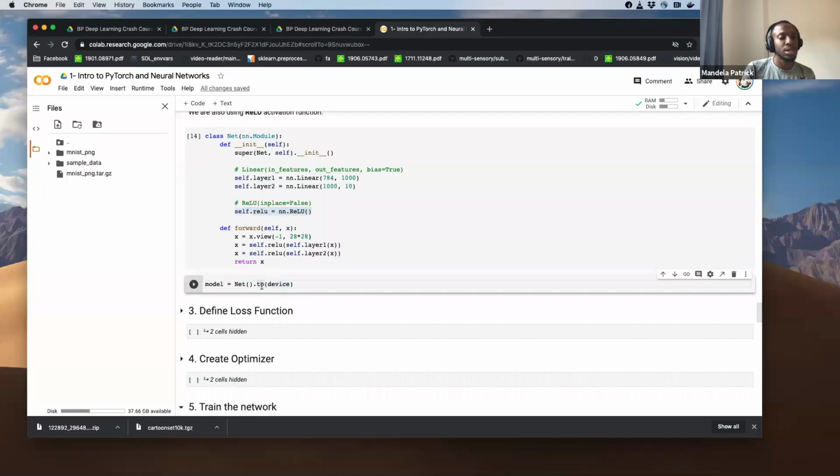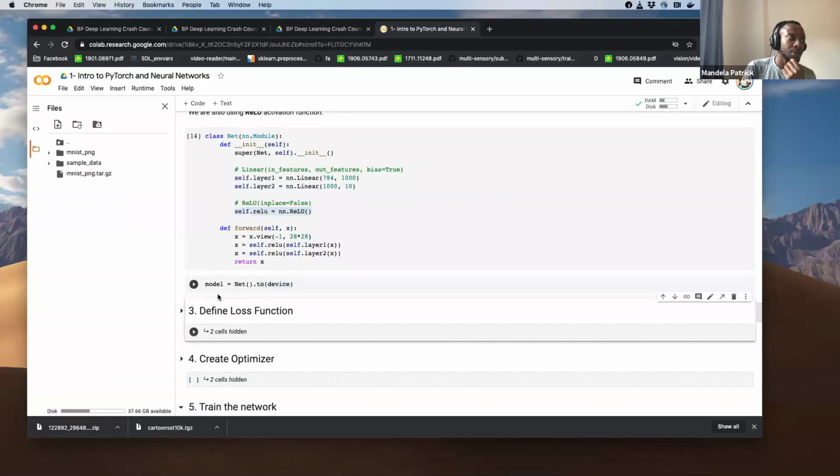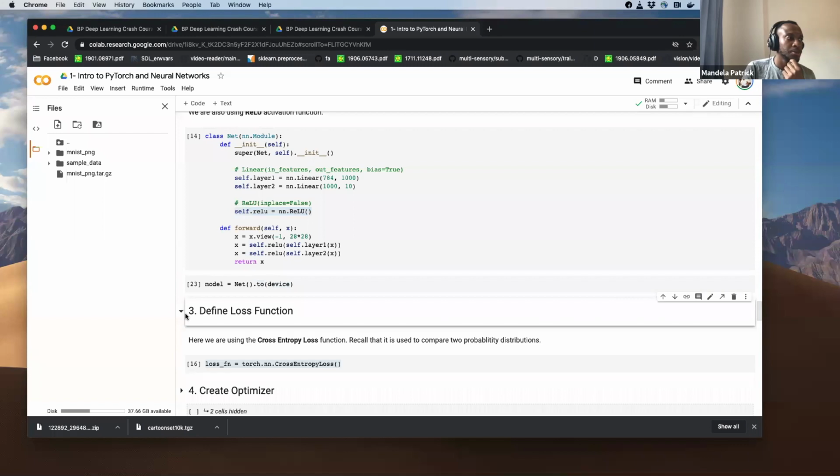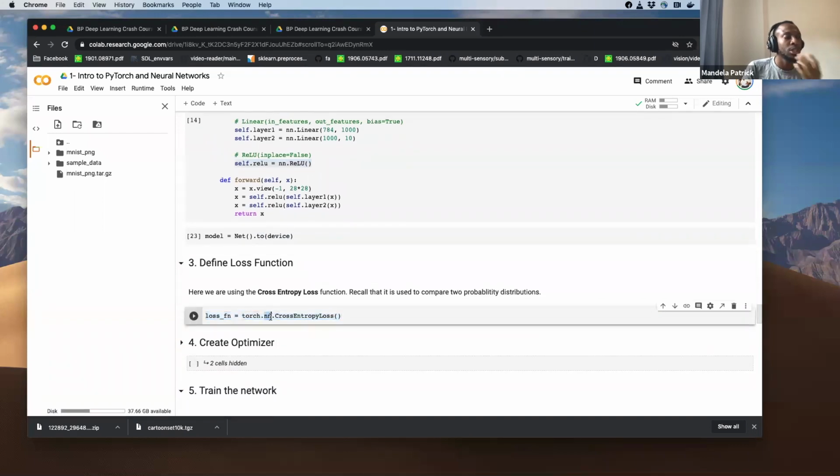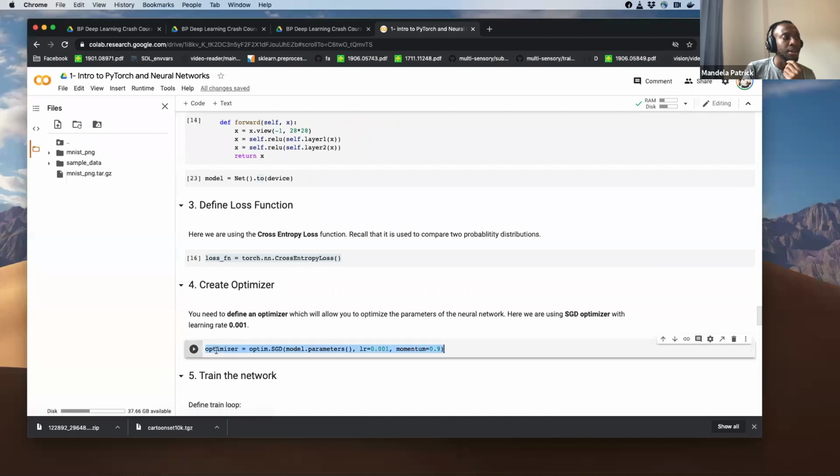We moved the neural network onto the GPU. We define a loss function, which allows us to compare, and in this case we use a cross entropy loss, which compares two distributions. Then we have an optimizer, which takes, as I said, the model parameters and learning rate, on a high level mostly.